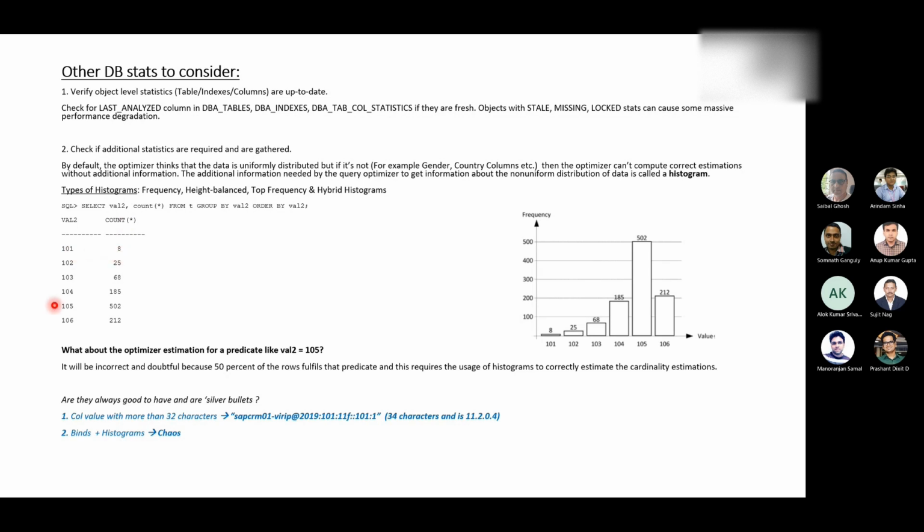But next time you change the bind variable value to 105, and now you've got 502 rows. In this case, ideally a full table scan should happen. But the first time the query got executed with val2 101, index range scan will of course be very good. But if you force val2 equals 105, where the value is repeated and not much unique, then a full table scan might be more efficient. Are you getting me?